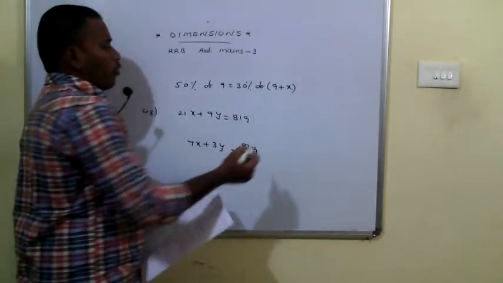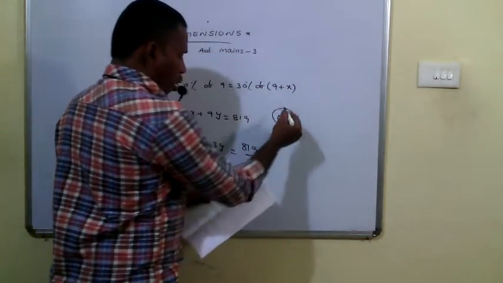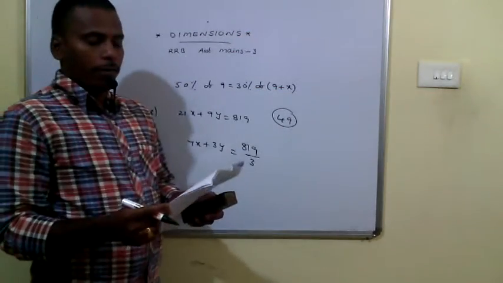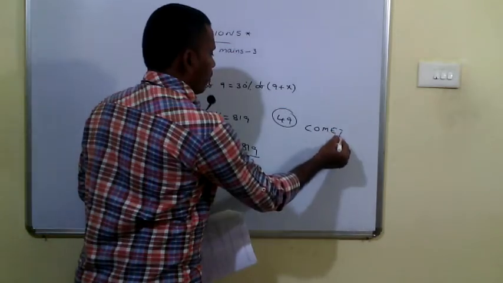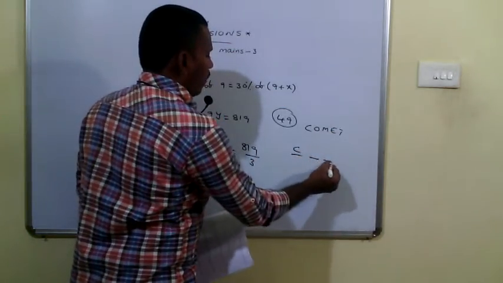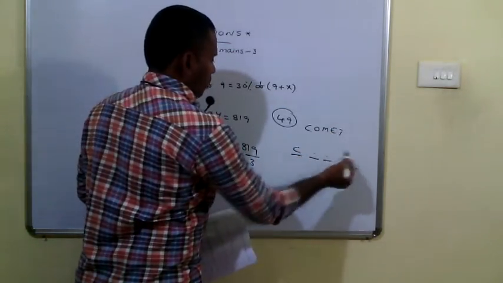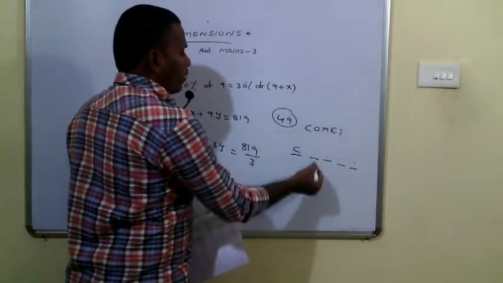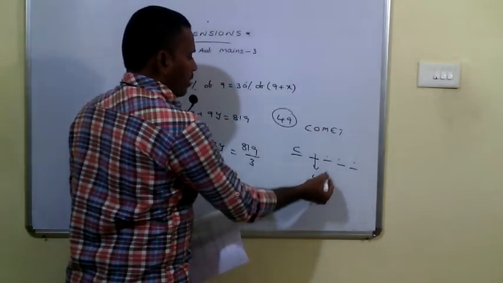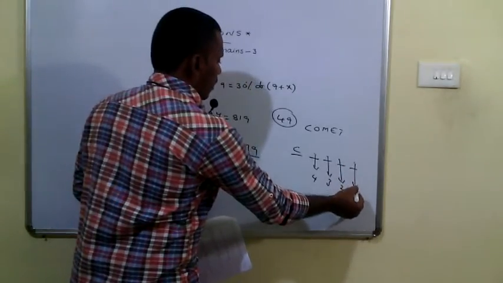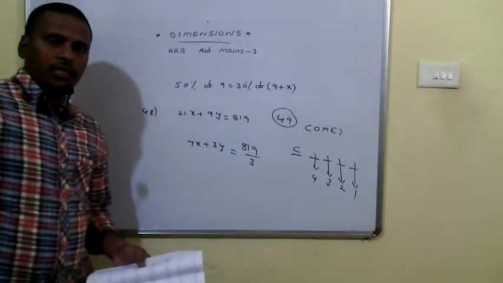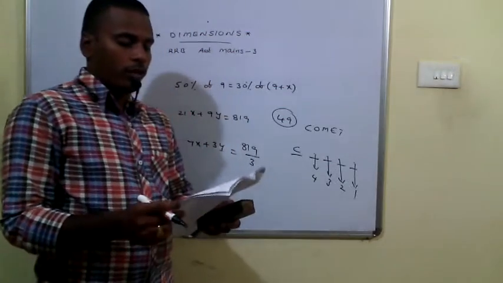Then coming to 49. How many arrangements of the letters of the word COMET begin with C? See, the letters are C-O-M-E-T. The first letter must be C, and we need to arrange the remaining letters in these 4 places. From the remaining 4 letters, we can fill this place in 4 ways, this place in 3 ways, this place in 2 ways, this place in 1 way. So the total is 4 into 3 into 2 into 1, 24.